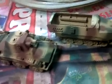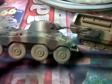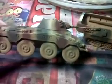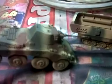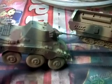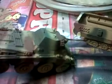Hello all. Just a quick video to show the painting on my Halftrack and my Puma. I'm not entirely pleased with the job. This airbrush of mine just seems to get worse and worse every time I use it. So doing camo is becoming a real pain because it just splutters and splashes and blasts its way all over the place. So trying to get nice tight camo patterns is